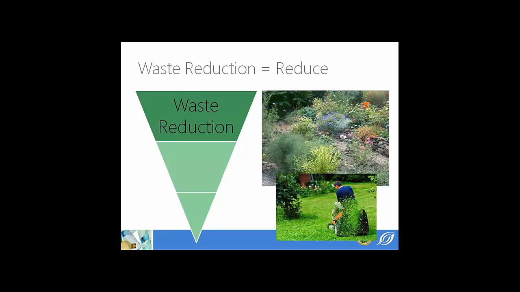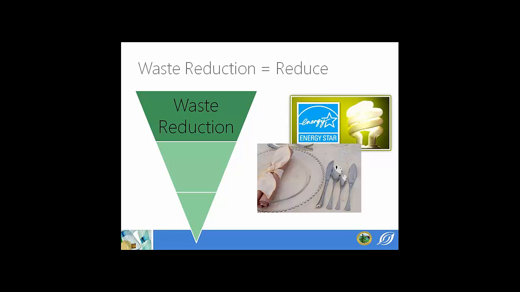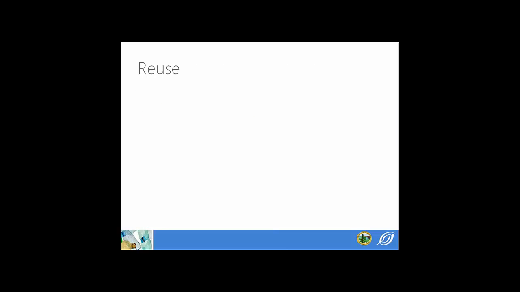Some of the things we can do to eliminate waste: obviously sustainable gardening and landscaping is a great way, and grass cycling. We eliminate waste when we have energy saving measures in place, and when we eliminate disposables. How many people use paper plates and cups in their home because they don't want to wash them? So we want to move away from that, look at durable products, and even look at the cleaning products we use that don't leave a footprint on our environment when we're done. So those are some things.